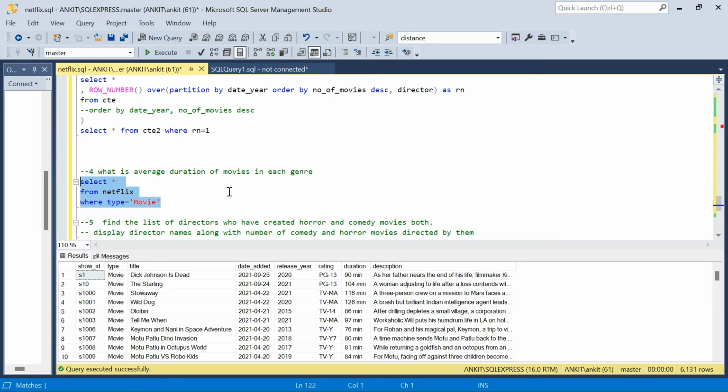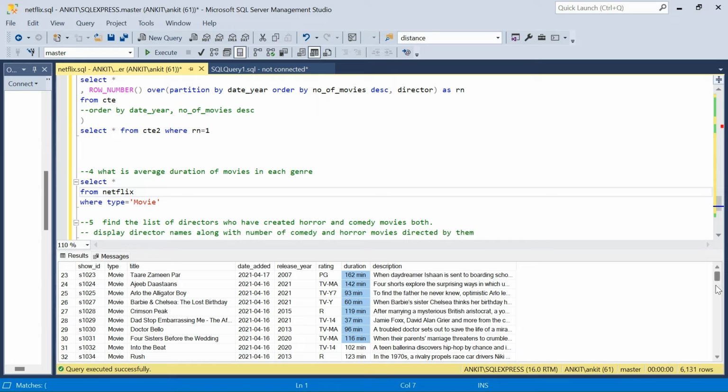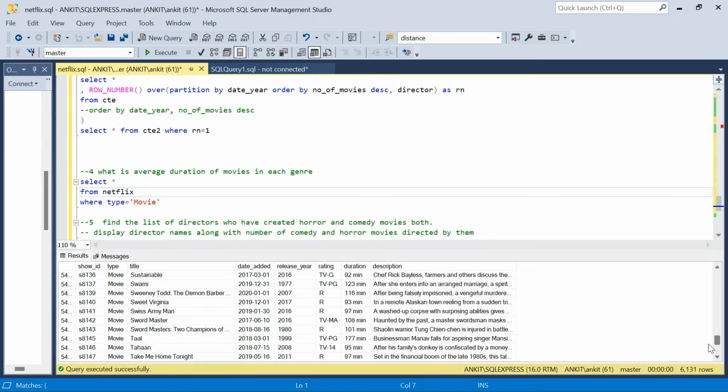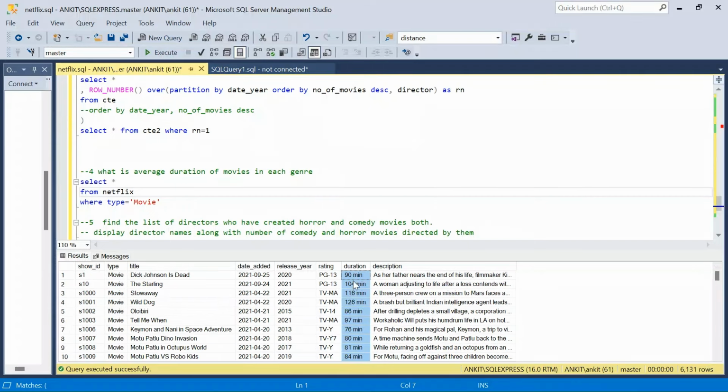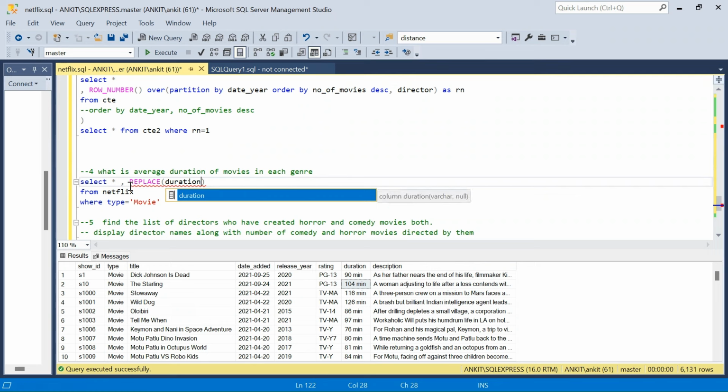Okay, now if you see the duration, it is a varchar column and it has minutes in it, right? So we can't just find the average like that, because it is a varchar column. But everywhere it is minutes for the movies, whatever the duration is in minutes. So what we can do is remove the minute. I will say replace, in duration, replace space minute with empty, as duration int. Okay, if I just run this,